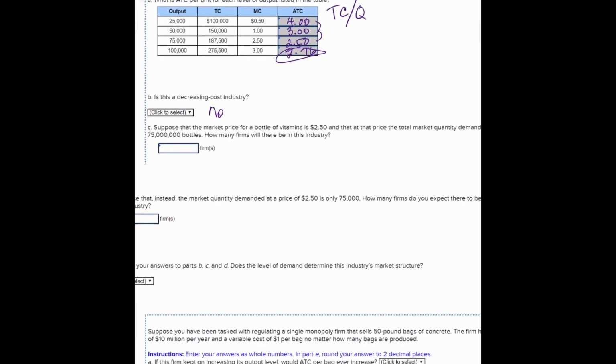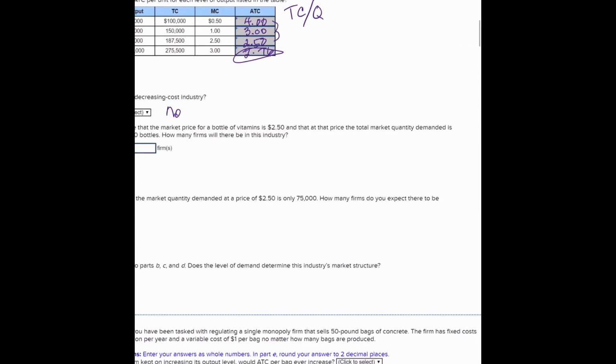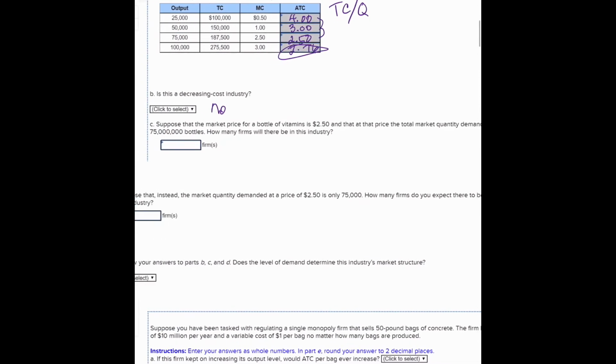Part C, suppose that a market price is $2.50, and at that price, total market quantity demanded is 75 million bottles. How many firms will this be? So we're going to come up here to our information. $2.50, if that's the market price, then each firm at that market price would be willing to produce, right, because that's marginal cost equal to marginal revenue, which would be the market price. They're going to produce 75,000 bottles for each individual firm. So here we're going to take the 75 million bottles that the industry demands, divide it by the 75,000 that one firm would provide, and we're going to say this must mean then in this situation, there would be 1,000